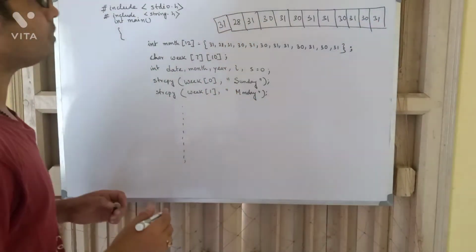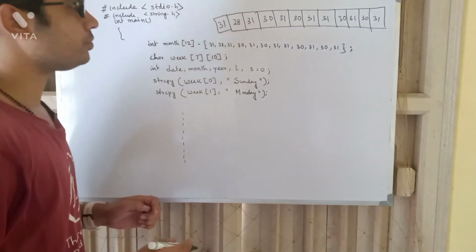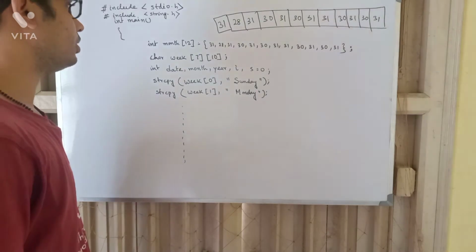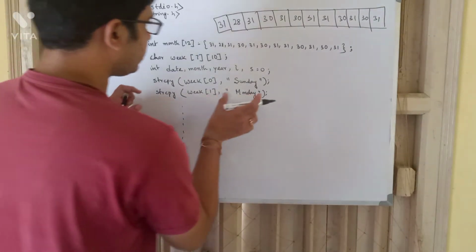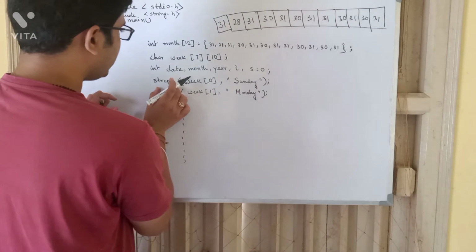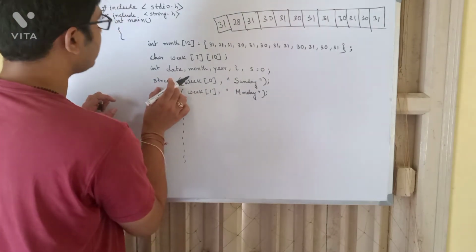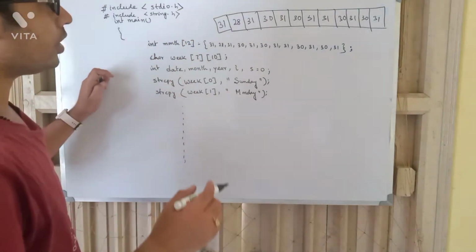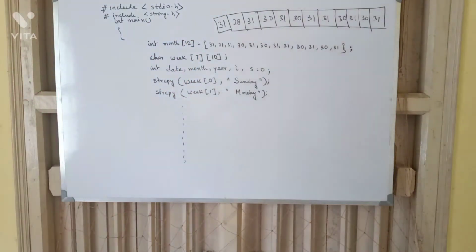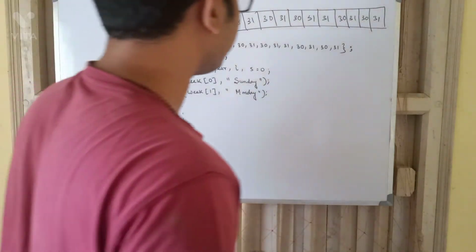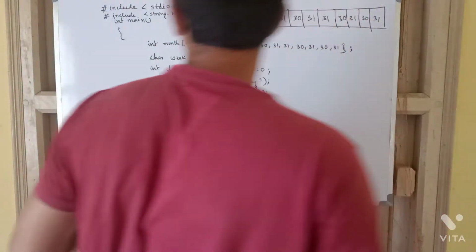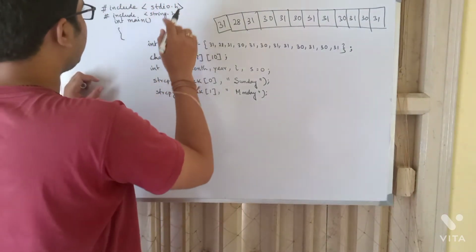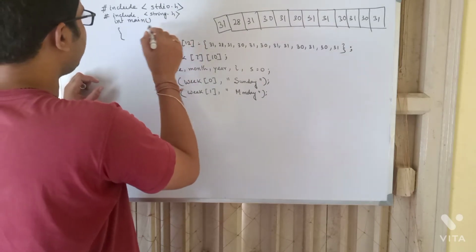These are the last dates of all 12 months, and there will be a character array week, and all the days from Sunday will be copied using the strcpy function, which is defined in string.h. Let's start the program. First, we give the header file stdio.h, which is the standard header file. Then we give the string.h header file. Then we start the main function.